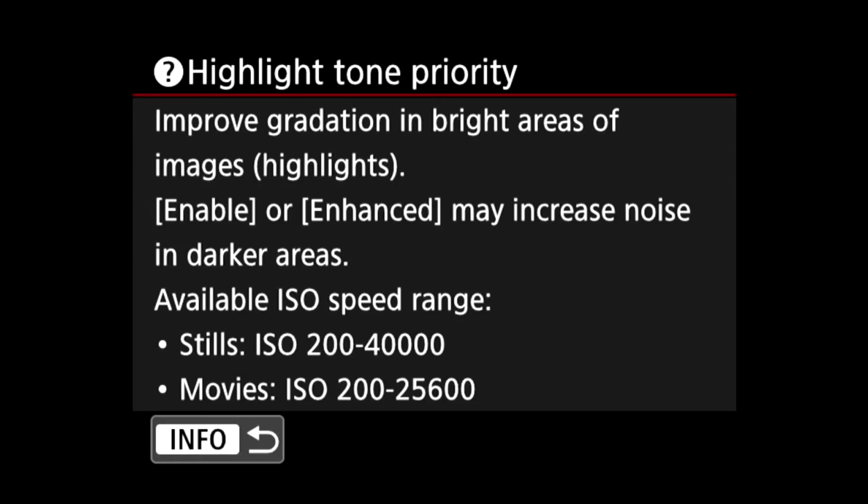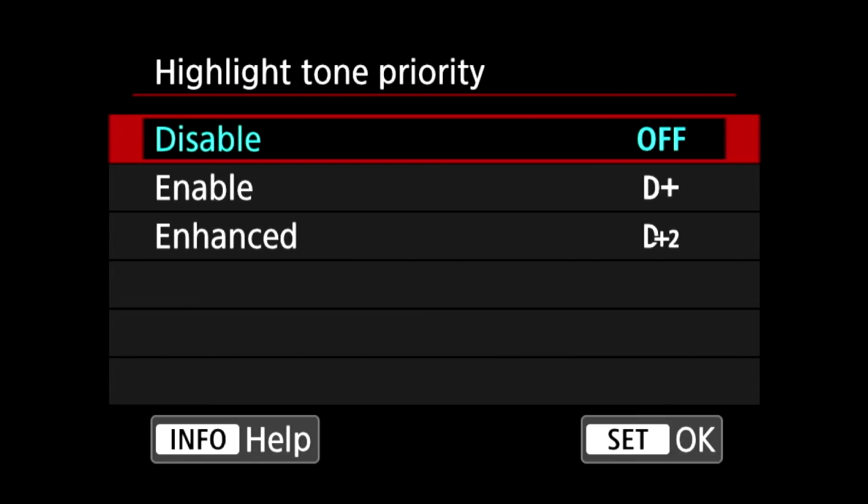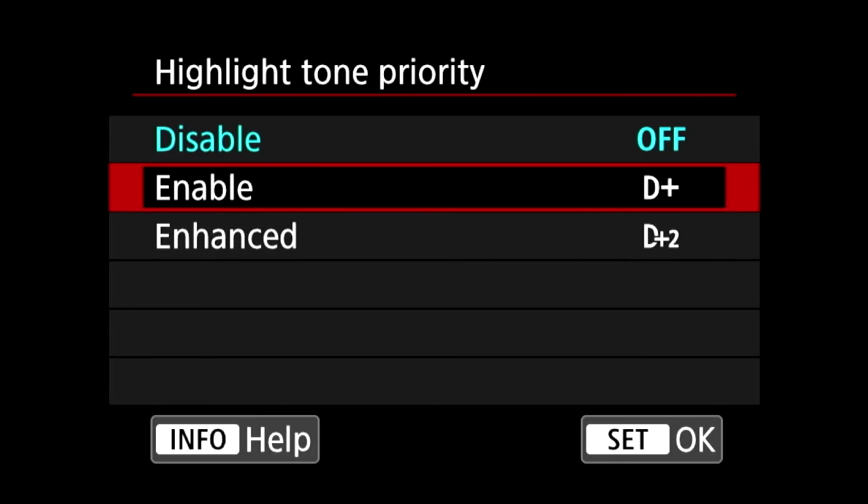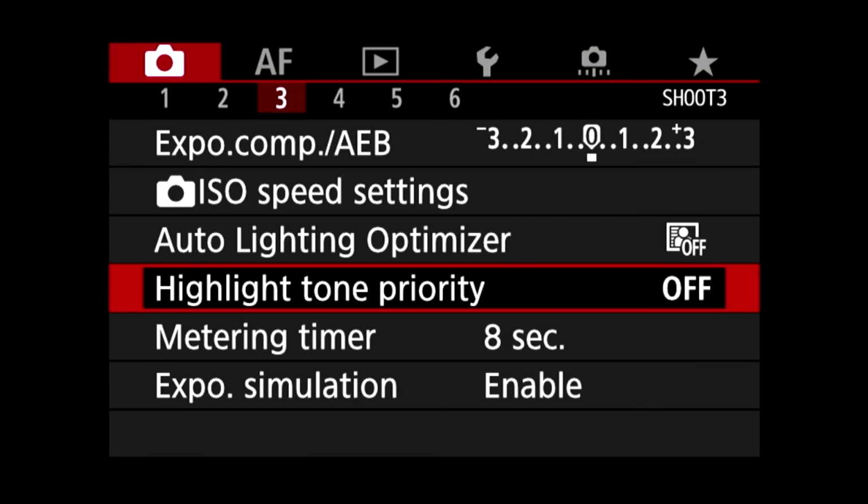Okay, so this will improve gradation in bright areas of images, highlights, which is known as the highlights. Enable or enhanced may increase noise in darker areas. Available ISO speed range for stills, ISO 200 to 40,000. Movies, ISO 200 to 25,600. But again, I leave that turned off on mine because I don't want to do anything that could potentially introduce